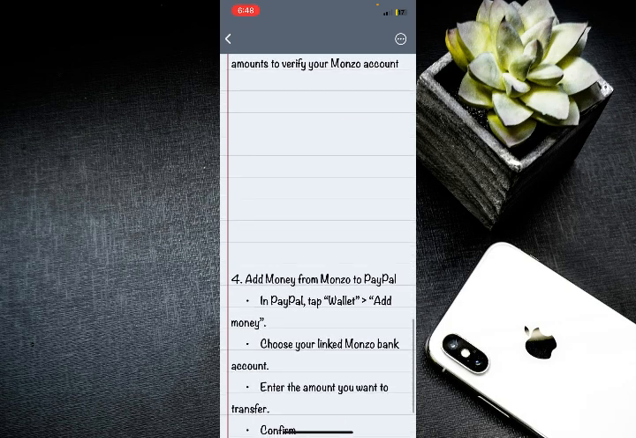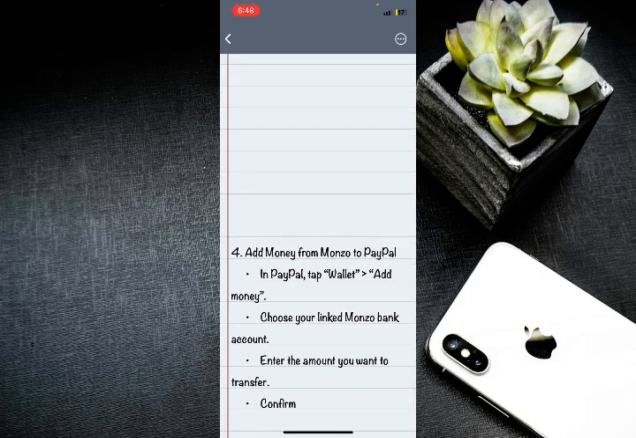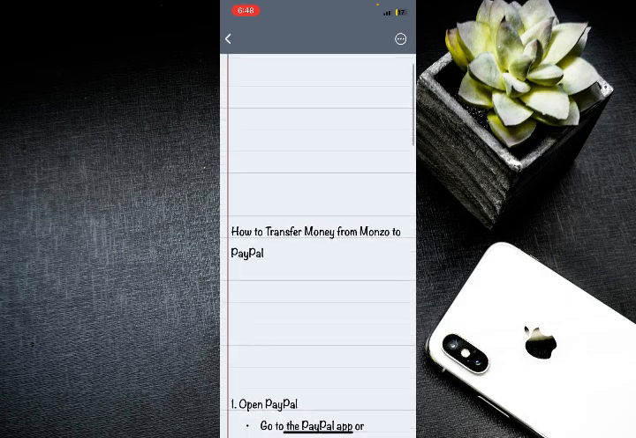Then after that, you have to add money from your Monzo to PayPal. So in PayPal, tap on wallet, then click on add money, then choose your linked Monzo bank account, then enter the amount you want to transfer, then tap on confirm. And that's how you can simply transfer money